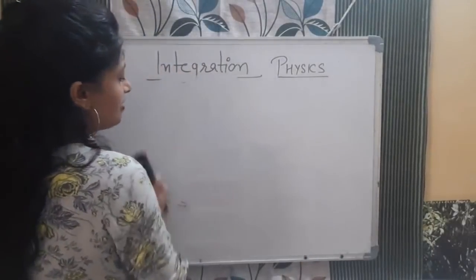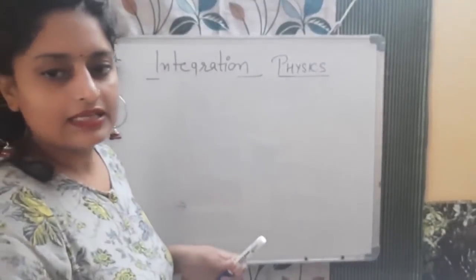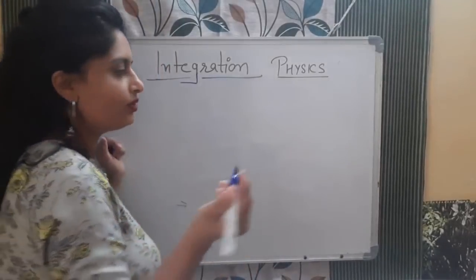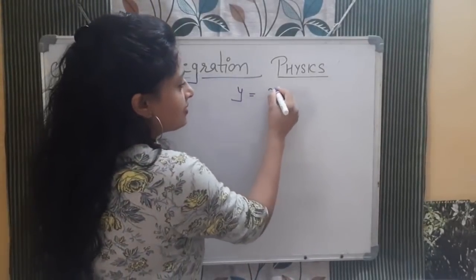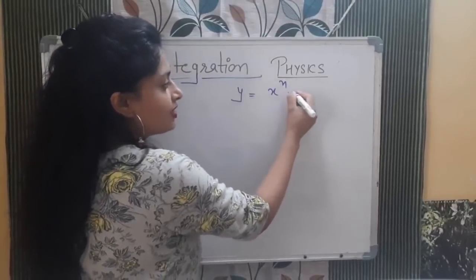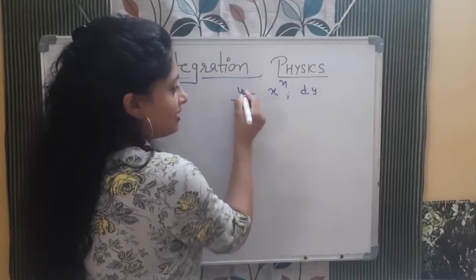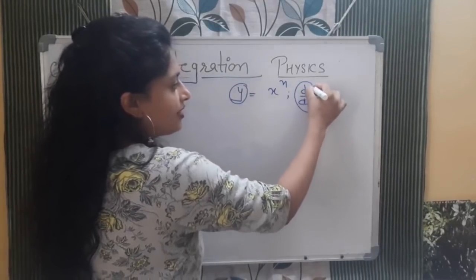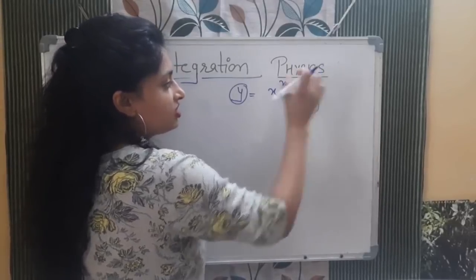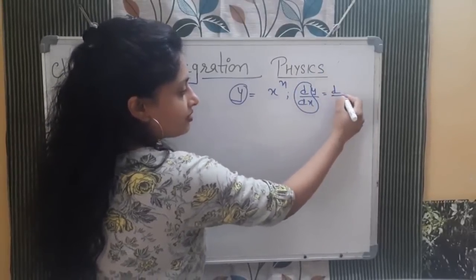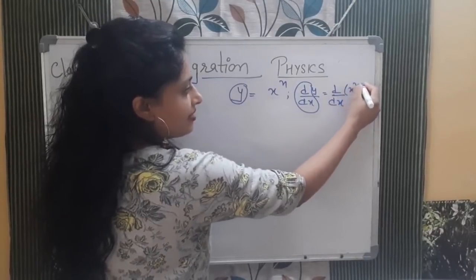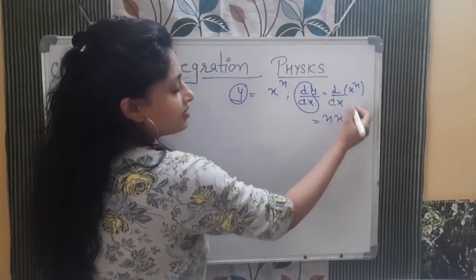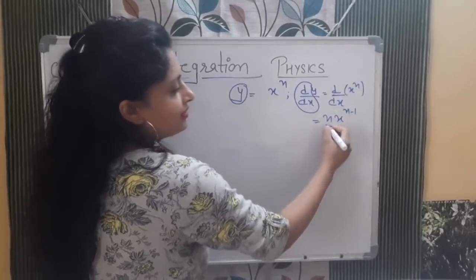Now simple, we will start with the basic formula. As I told you before, this is the reverse process. When I was saying y is equal to x raised to the power n and differentiate it, what were you doing? We were differentiating this. This is the function, dy by dx, and this particular part is the operator. We are operating this operator on this function, x raised to the power n. So we can write d by dx of x raised to the power n. When we were differentiating, the formula was to take the power in front and subtract 1 from the power. So this was differentiation.